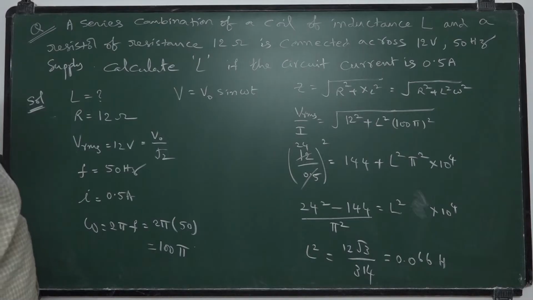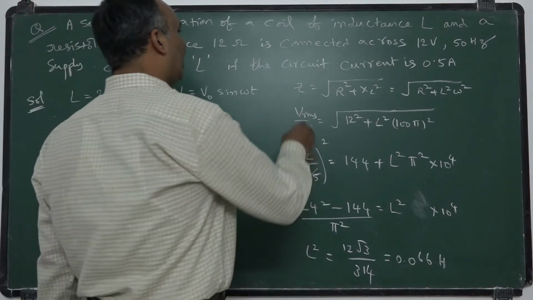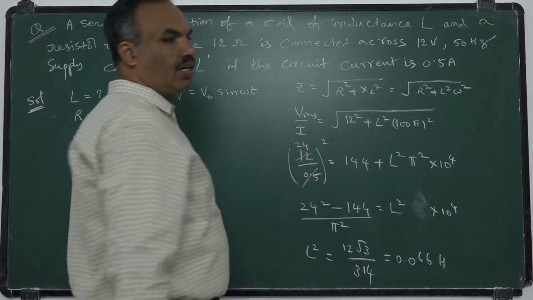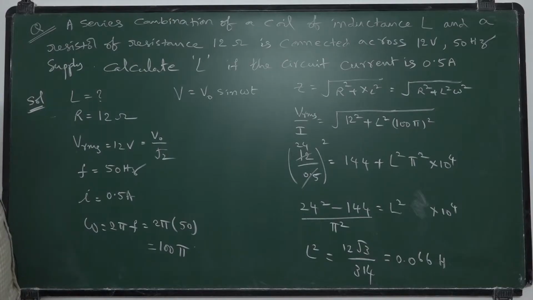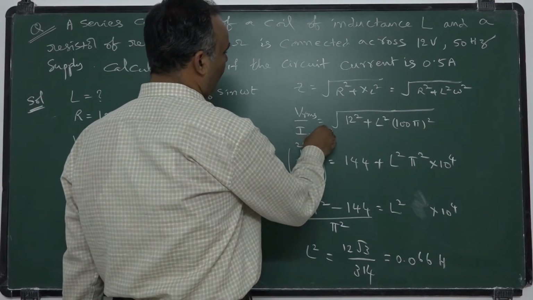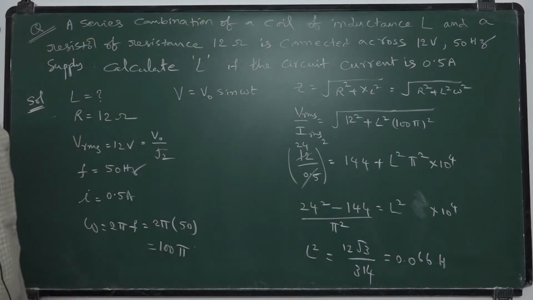The confusing point in this problem is, while taking impedance, you should take the ratio of voltage by current. Voltage is nothing but the voltage of the applied source, that is 12 volts. The current passing through the circuit is 0.5. They did not mention anything, means they gave IRMS, VRMS. I took VRMS by IRMS as impedance here, and we got the required answer. This is the simple solution for the given question.